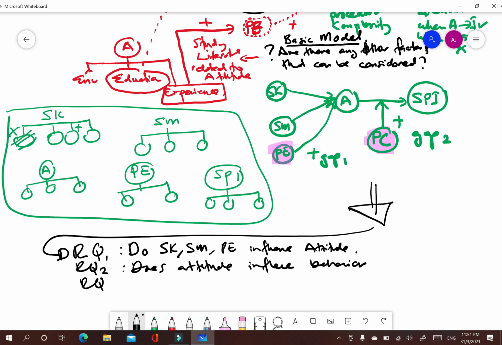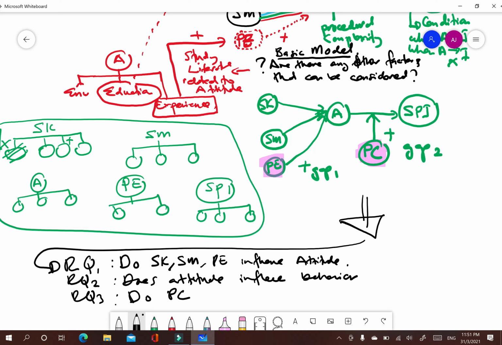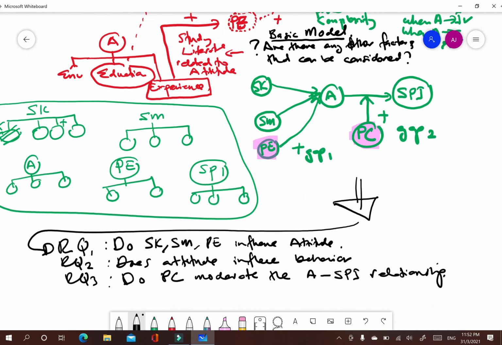And maybe research question number 3, for example: does procedural complexity moderate the attitude and sustainability program involvement relationship? So you can see basically these are the things that you mention in chapter 1.